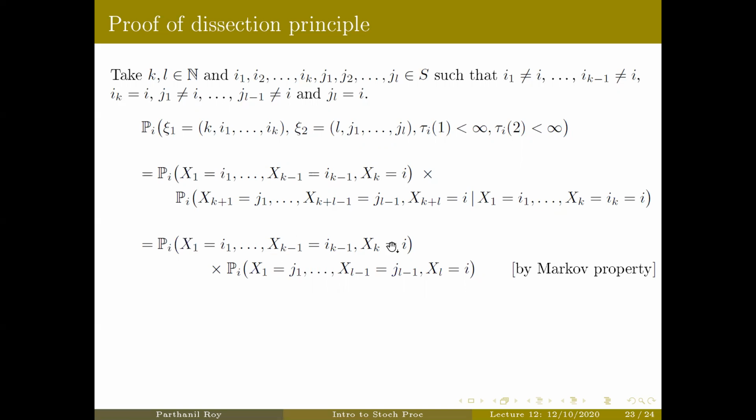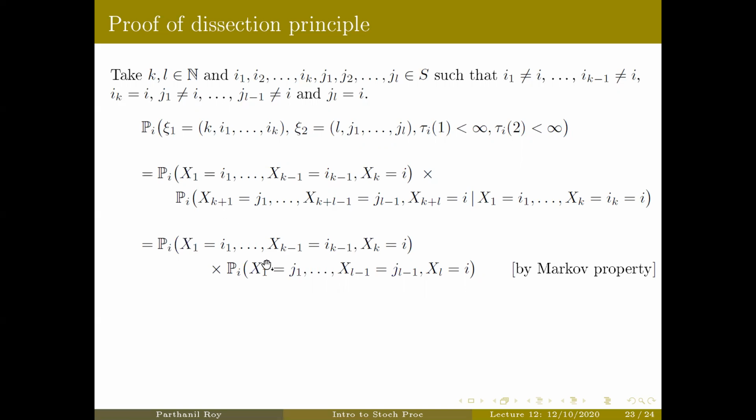So by Markov property, which also includes time homogeneity, the first one is going to remain the same. The second conditional probability would just become the unconditional probability. First of all, you can forget about x1 to xk minus 1 here. And then we can put k equal to 0. If you put k equal to 0, we are essentially conditioning on x naught equal to I. But x naught is anyway equal to I. That's how we are starting the Markov chain, and that's why we are denoting by pi. That's fine. So there is no condition at all.